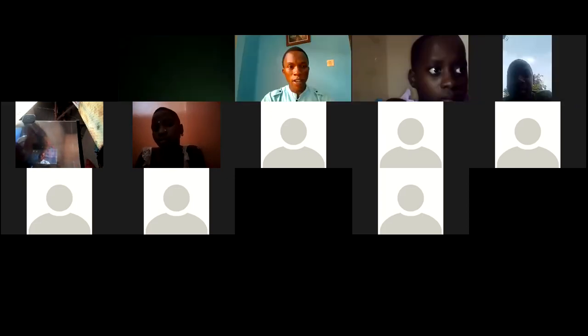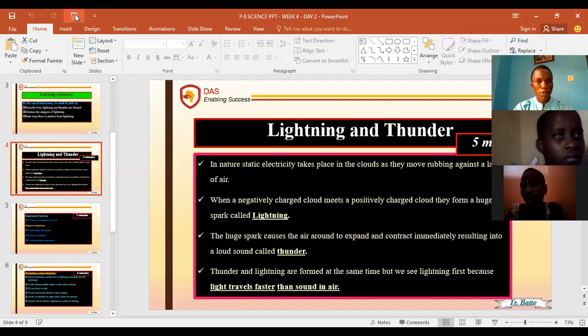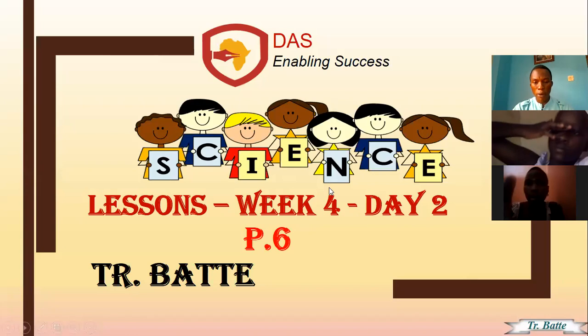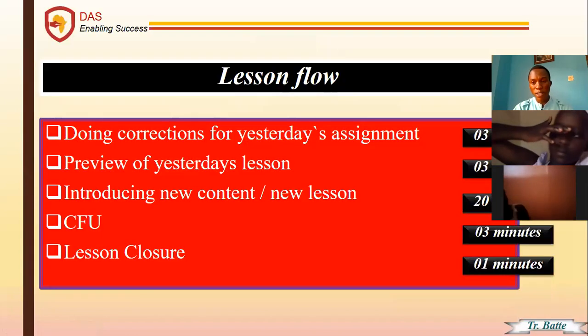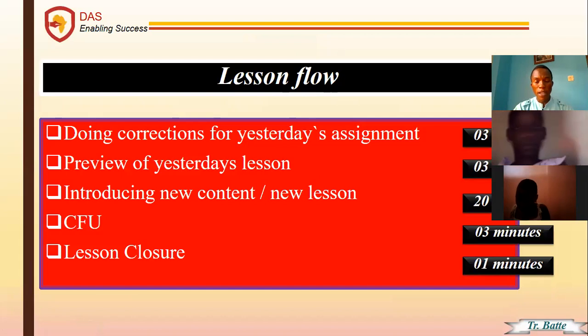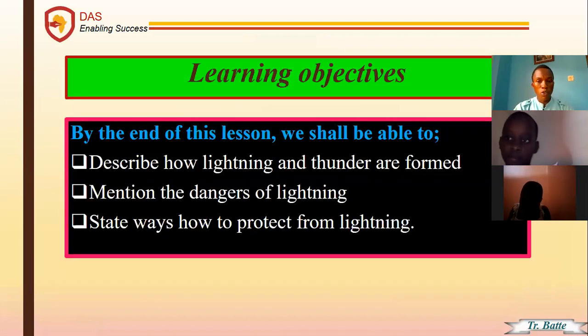That's an example of static electricity in nature. So we said today we are going to look at something. We shall have an extension of lightning. We had introduced it yesterday, and in today's lesson, it is our week 4 and day 2. We're having P7 work, that is the first term, second topic. So you should know we are progressively moving. Besides being in lockdown, we have at least been able to cover, and we shall be in position to cover the content in this time.